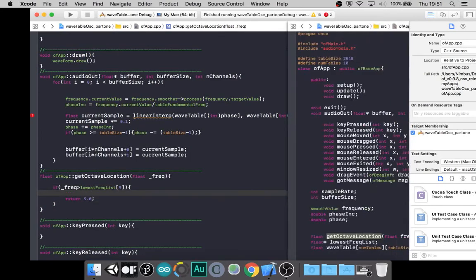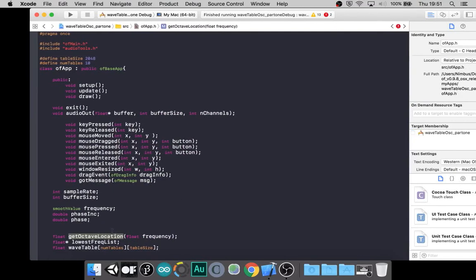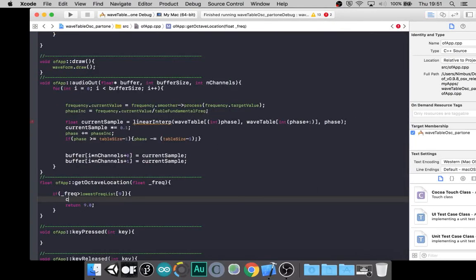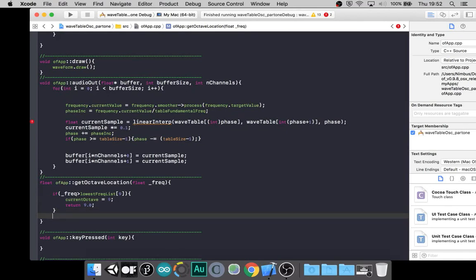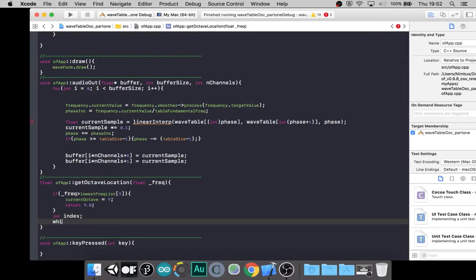All right, and let's keep a variable called our current octave if we don't have it at the moment. Float current octave. Current octave equals 9. All right. So now we can make a function to, let's make an integer called index and another while loop. So while,